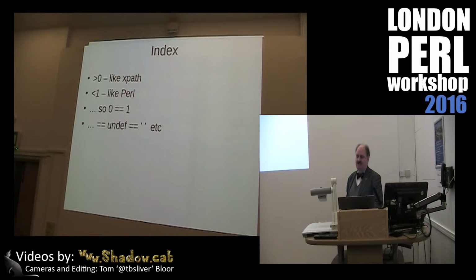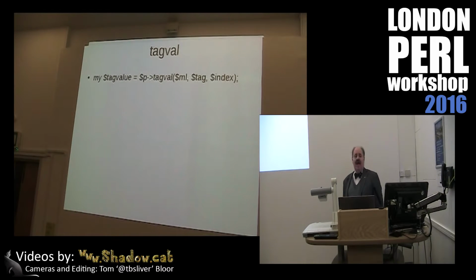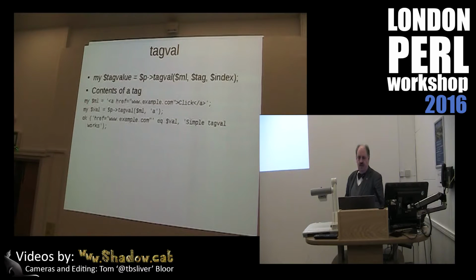By the way, undef, 0 strings, and that, all just taken as being 0 or 1, or whatever you want to call it. One that I hadn't written for my Excel parser was tag val. Now, within obviously gives you what is between an opening tag and a closing tag. Tag val gives you what's inside a tag itself. So, for example, with this little bit of code, if you said what's within A, you get back click. But if you say what's the tag val of A, it will give you href example.com.